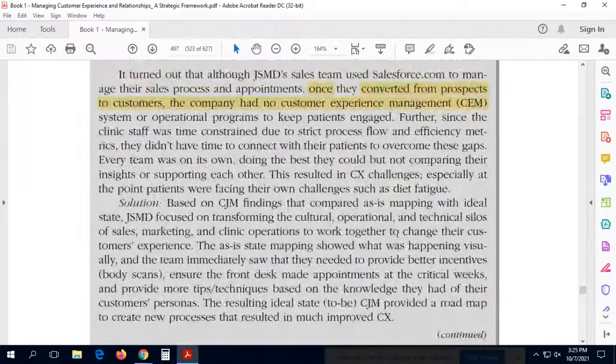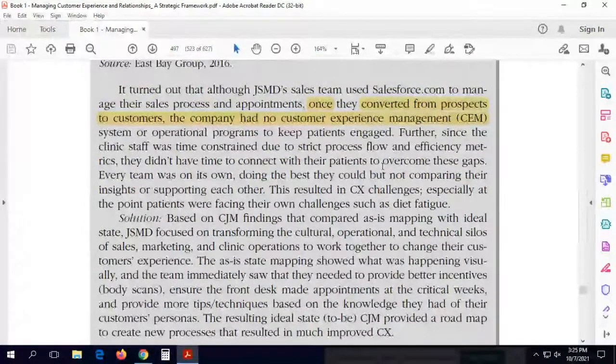So that point I really liked, that you convert from prospects to customers, but once you have those customers, then you don't take them lightly, or say, okay, they are my customers now. Every time they visit you, they should feel something. Give them something new every time they